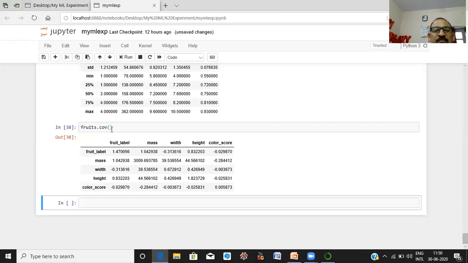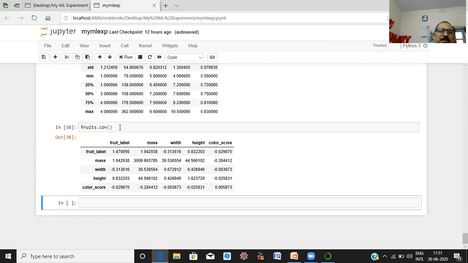Is it clear? But the drawback of this covariance is it does not give the strength of association between the variables. This is one of the drawbacks of the covariance.